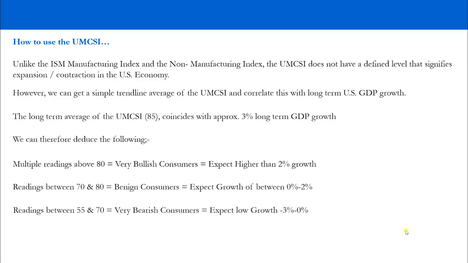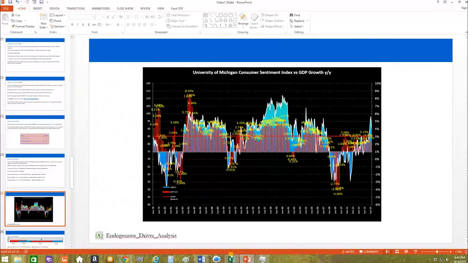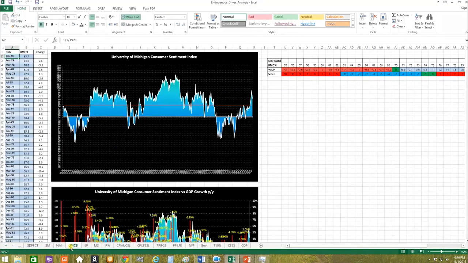So how does the UMCSI look when we look at it pictorially against GDP? Well, you can see from looking at this chart, which is available in the endogenous driver analysis spreadsheet, that GDP growth really does follow and is highly correlated to the level of the UMCSI. Now, if we go over to the spreadsheet, we can see this in a bit more detail. So we're in the NMI tab at the moment. Let's go to the UMCSI. In the UMCSI tab,